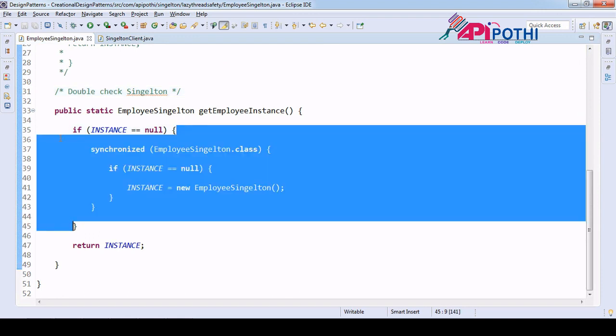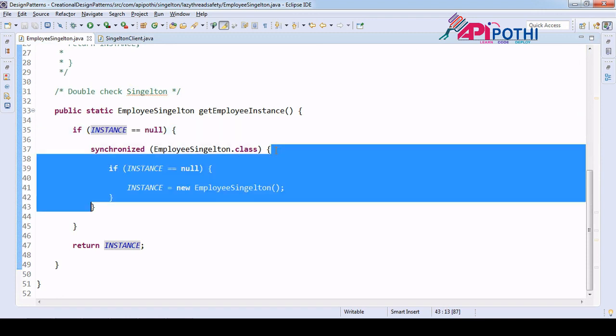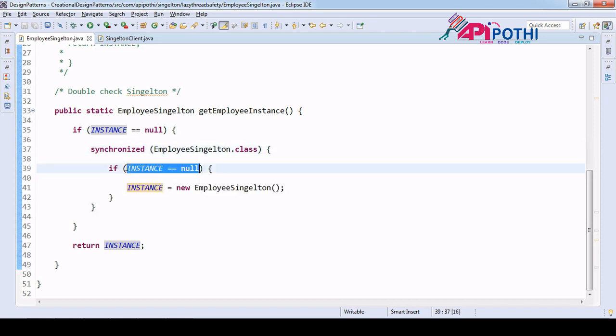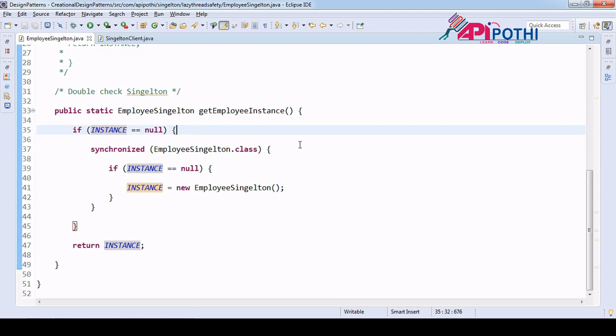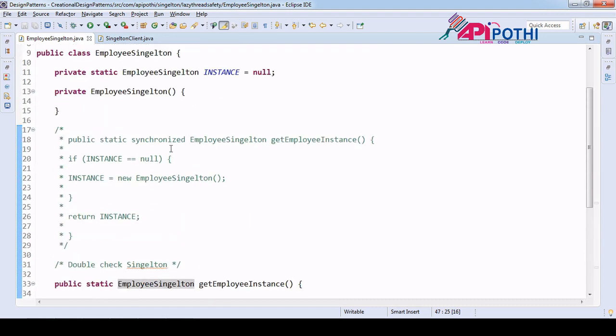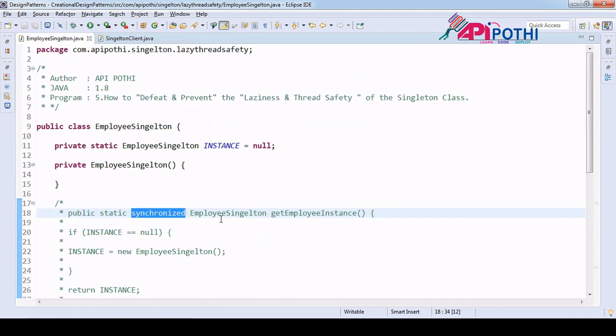If the instance is null, meaning the instance is not created, please come to the synchronized block, just to make this code thread safe. Inside the synchronized block I am checking for null again. If it is null, then please create the instance, and if it is not null, it won't come into the synchronized block, it will get the instance from outside itself. So this code is faster than the previous code, but this is the old style of creating a singleton, but if you want to use it,